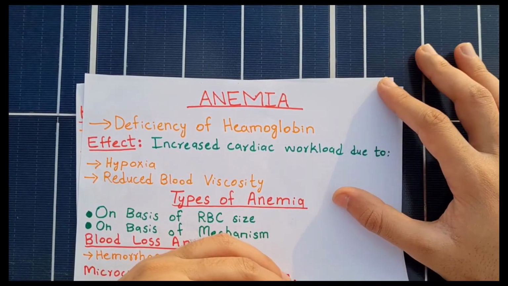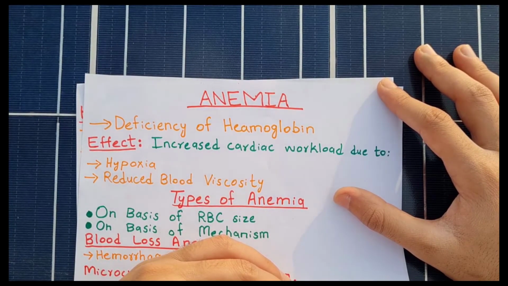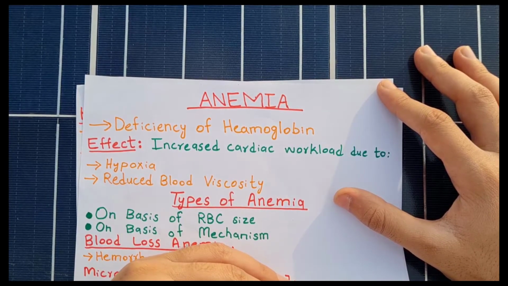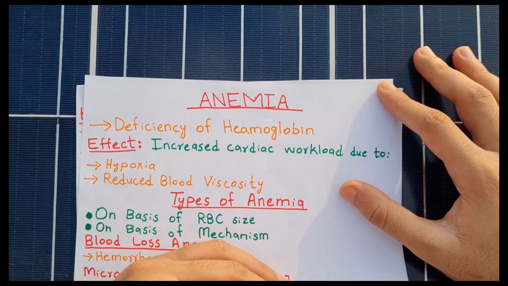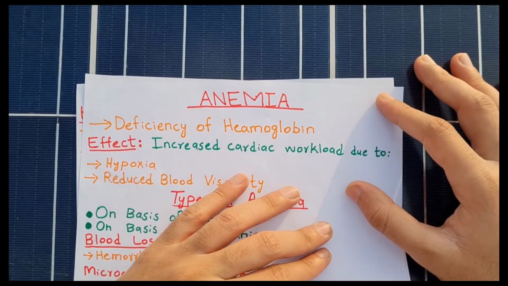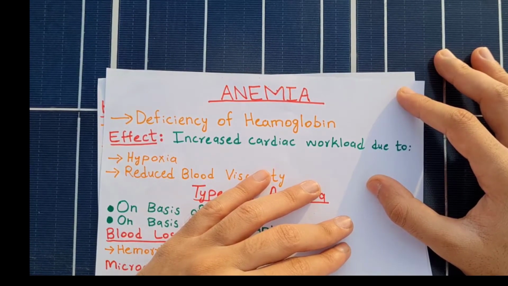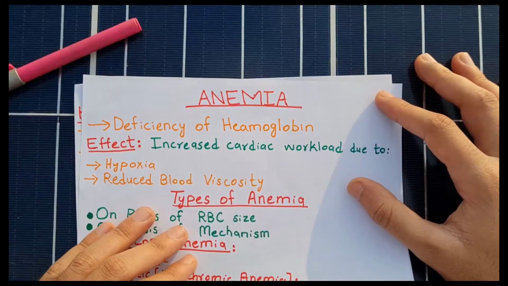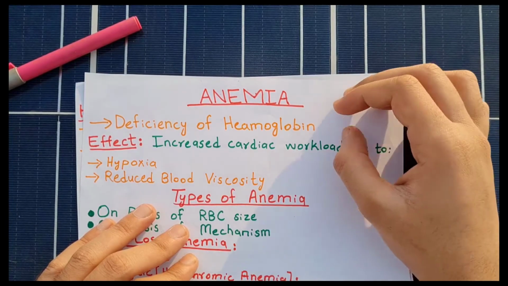So in case of anemia, as we all know, there is deficiency of hemoglobin. That means there is a deficiency in the delivery of oxygen to the tissues. This decreased delivery of oxygen will lead to hypoxia of tissues. So the control mechanisms of our body will try to make up for this deficiency. So they will send signals to the heart to increase overall cardiac output so that the overall flow of blood to the tissues is increased to make up for that deficient delivery of oxygen. So our heart will increase its beats per minute as well as its pumping capability.